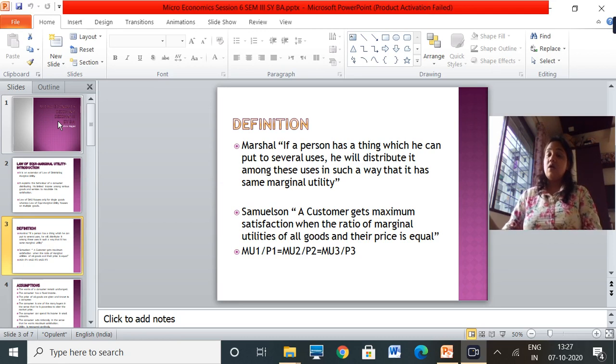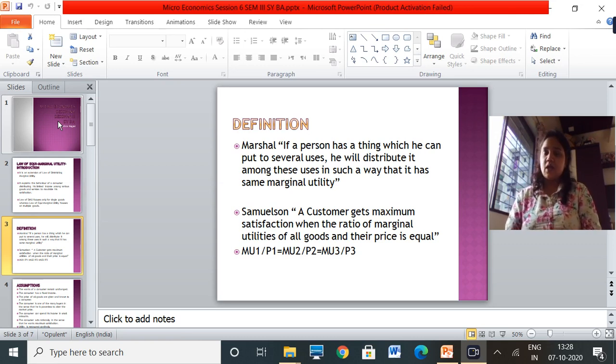All of these products that I am consuming should give me the same level of satisfaction. To imagine this is obviously tough, but when we see the schedule of this, you will understand in a much better way. Okay, there is another famous author, Paul Samuelson. He says that a customer gets maximum satisfaction when the ratio of marginal utility of all goods and their prices